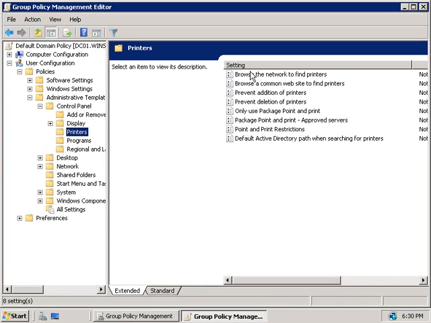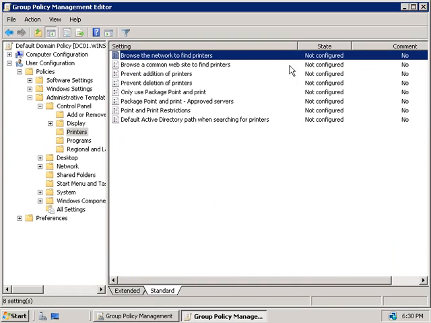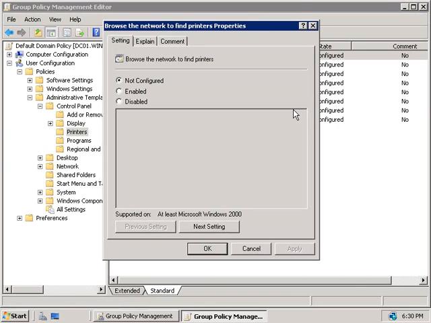Firstly, at the top, we have browse the network to find printers policy, which is not configured by default. If I just change this to the standard view so we can see these. Now, if you do set this policy to not configured or enabled, it means that users can use the Add Printer wizard to add a printer by simply displaying a list of the printers on the network. However, if we right-click on this policy and then choose Properties, and then set it to Disabled, then users won't be able to search the network for printers using Windows Explorer, and the Add Printer wizard will not display a